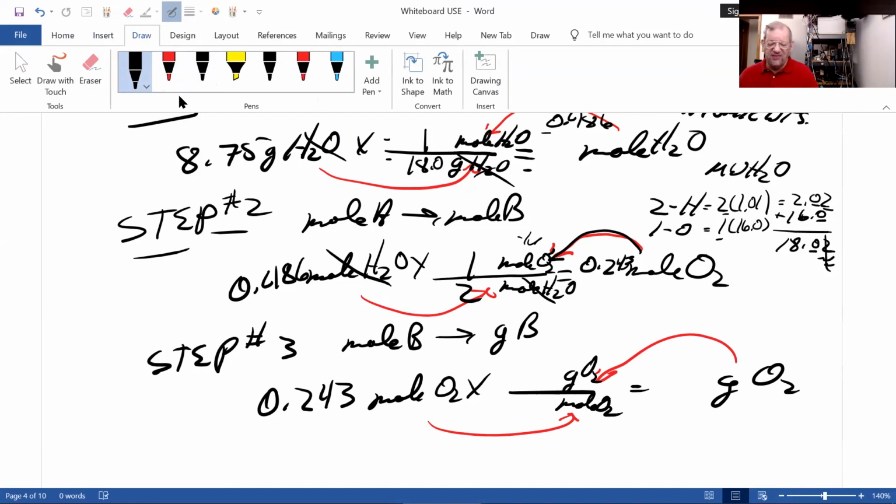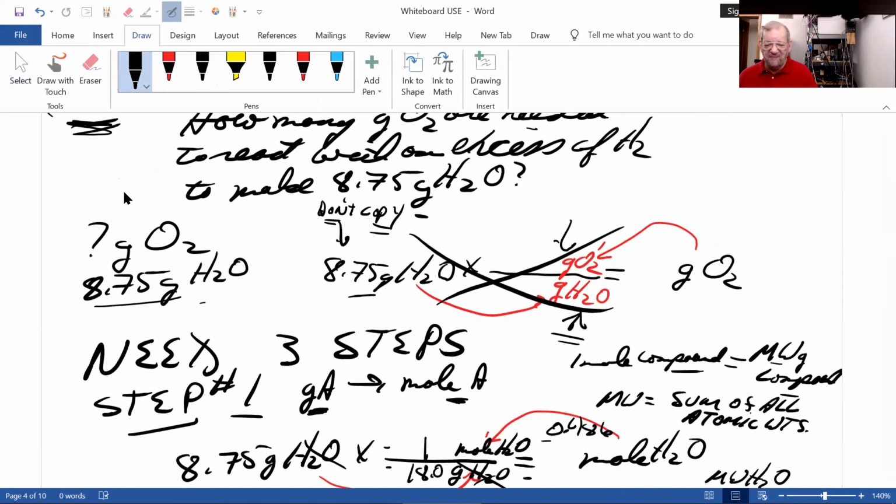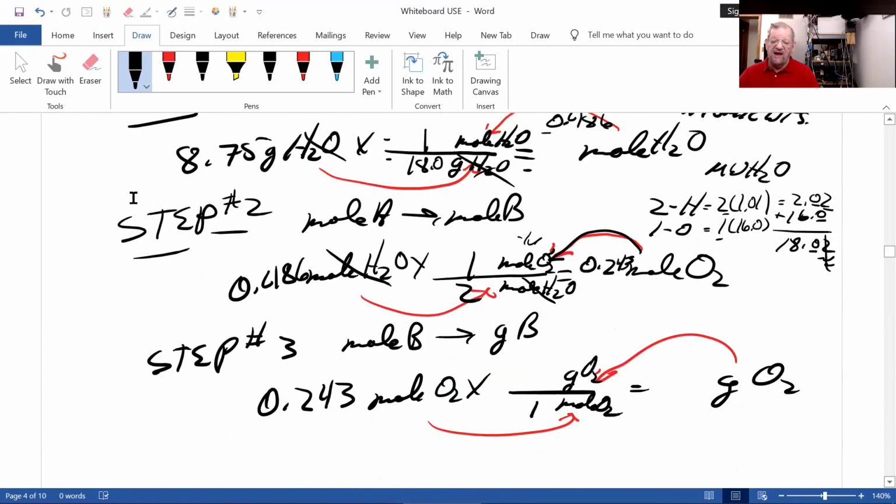And where do I get that number? 1 mole. Oh, look, somebody put it on the paper already. 1 mole of a compound equals its molecular weight. The molecular weight is the sum of all atomic weights. And therefore, I need the molecular weight of oxygen. That's 2 oxygen. Each oxygen, as we saw earlier, is 16.0. That's equal to